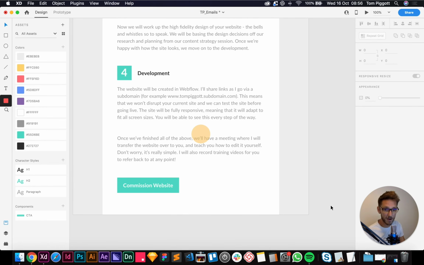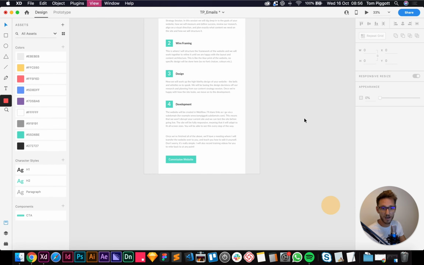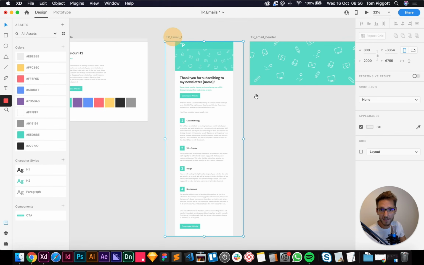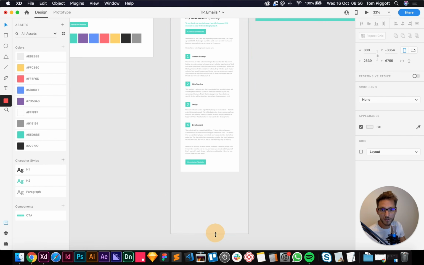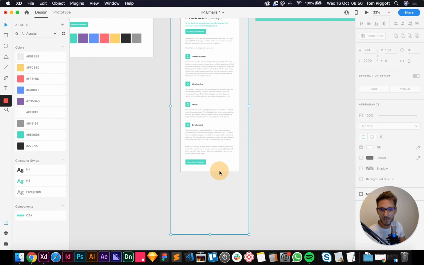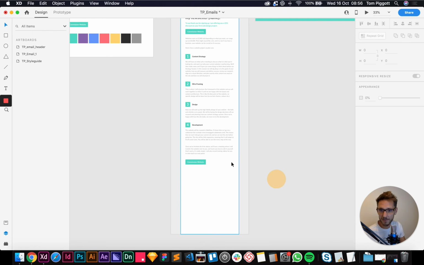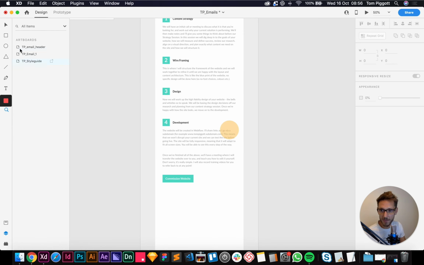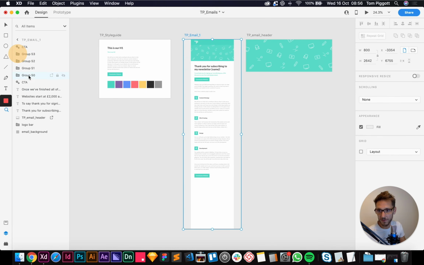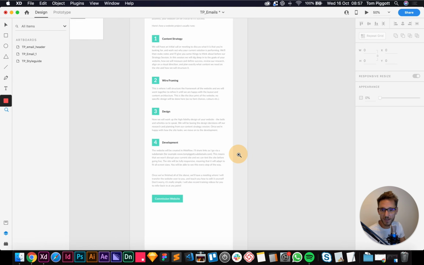And now you can see we've run out of space in our artboard. Uh-oh! Zoom out a bit, select your artboard at the top, just drag it down a bit, and you can see our white. We can't actually edit this because remember we locked it, so we can come to our layers, unlock it here, drag it all the way back down, and we're good to go. And as you may have seen, these are all not labelled, so that's just bad. But make sure you label yours, but I don't want to waste any more of your time.